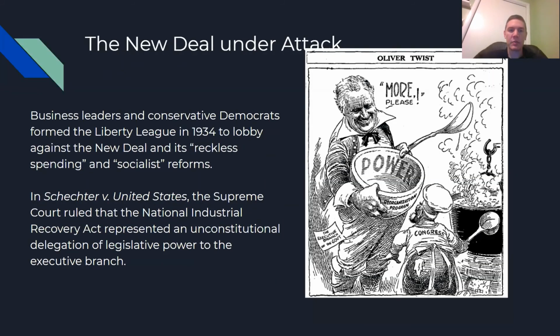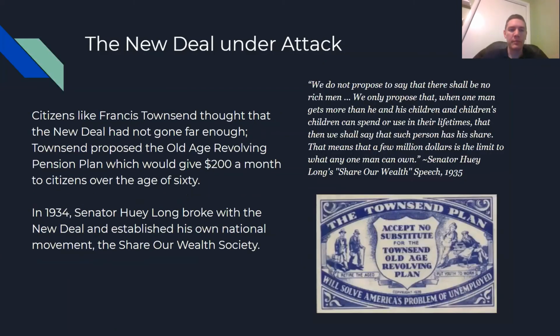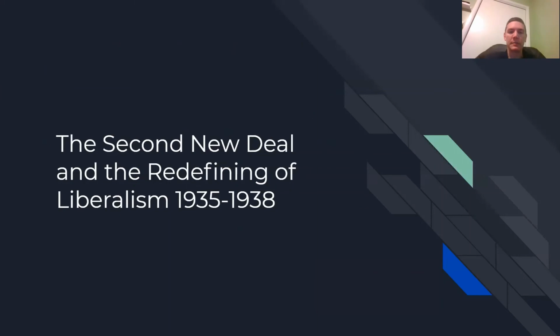We're going to skip these two. We're going to skip this. Basically, people thought that the New Deal was bad because it was socialism. Some people thought that the New Deal didn't go far enough. Townsend thought there should be a monthly retirement fund, pension plan for anyone who is elderly. Huey Long wanted the Share Our Wealth Society, where basically you can't make more than like $1 million or something like that, and the government would take any money that you make over that much money and give it to everybody else.